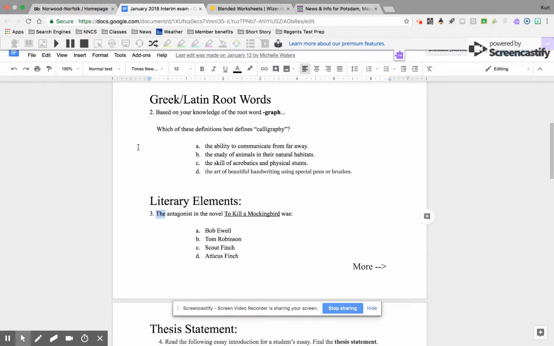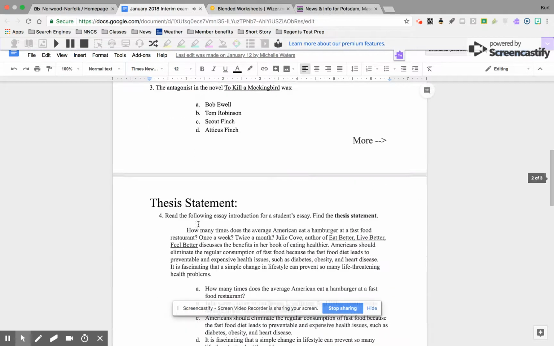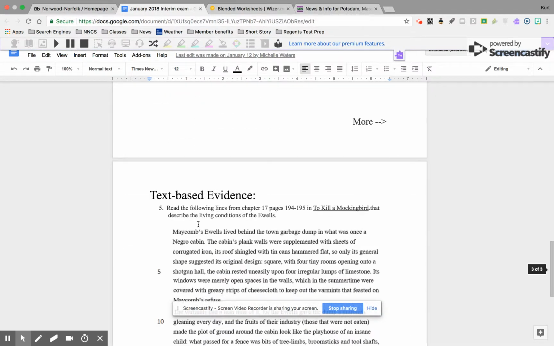So let's say I want to skip 2 and go right on to 3. I can hit the play button, and it'll read right from there. One thing I do want to mention is that if it's not a text